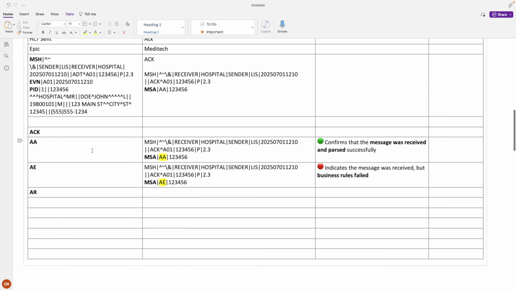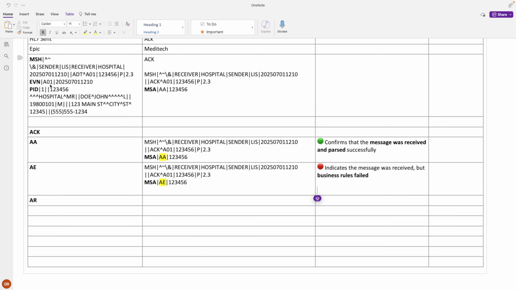Similarly, a message has been sent from Epic to Meditech. Meditech has received it, but it's telling us it is a fail. It's a failure. So these are two types of acknowledgement, and we have another acknowledgement. Like, for example, in this scenario, maybe there is an issue with one of the segments or any field over here. It's saying it has failed. So in another scenario,